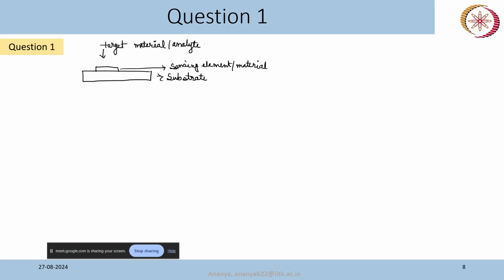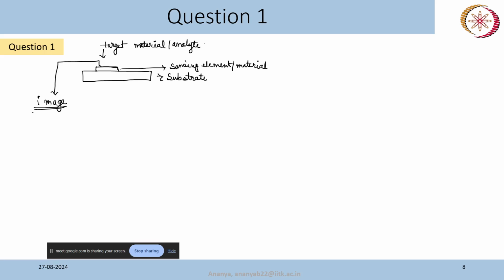Due to the reaction between the sensing material and the target material, the color of this material at the top will change. Now you can detect a change in color directly with your eyes also. But suppose you are using indirect sensing, you are not directly detecting it with your eye. You are taking the image of this color. We are taking the image of the top part of the sensing element, and you know when you take the image,